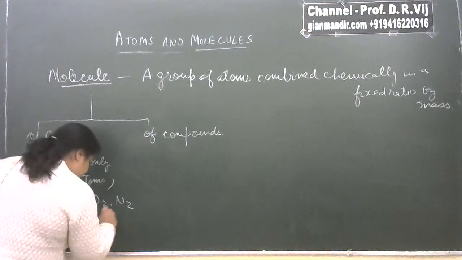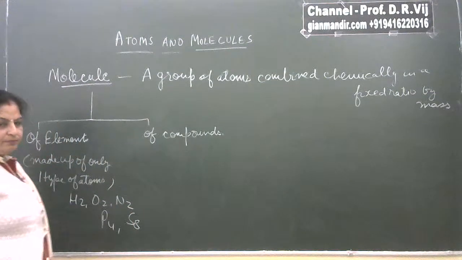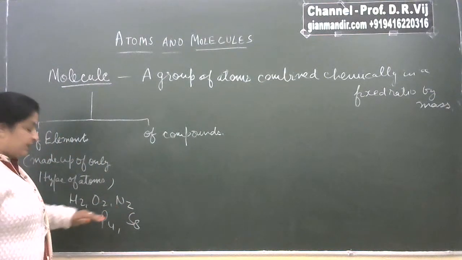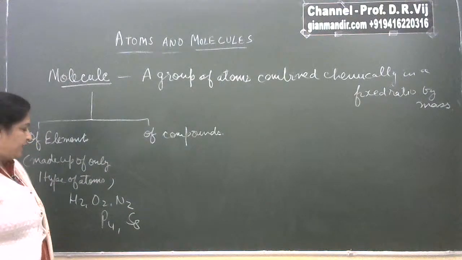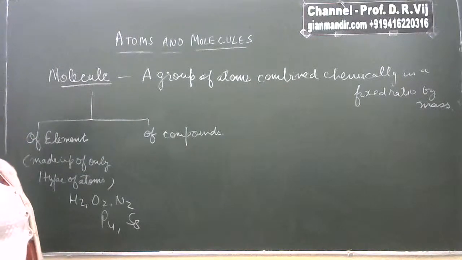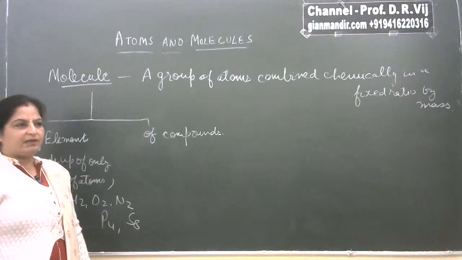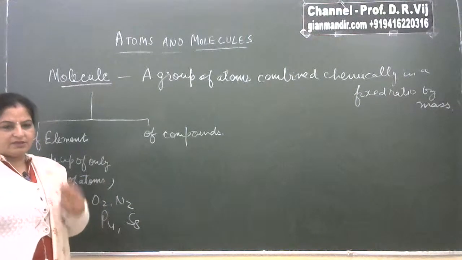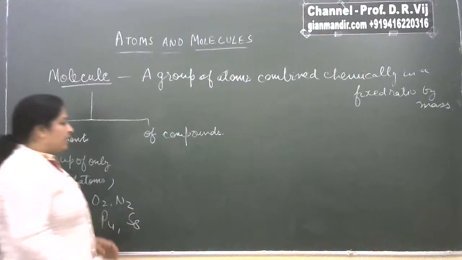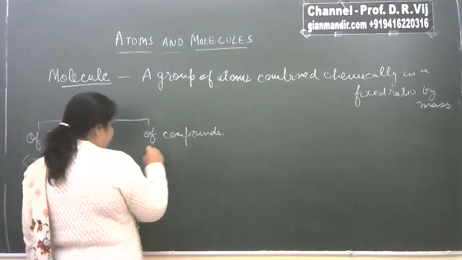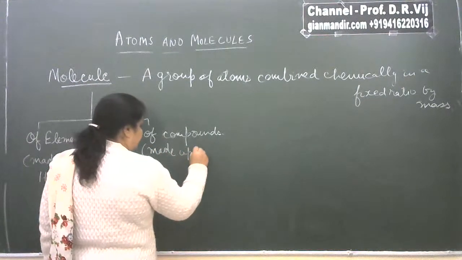And you can take the case of phosphorus, sulfur, and so on. All these molecules, whatever their nature, are made up of one type of atoms only, and that's why these are known as molecules of elements. There is another very important property of molecules of elements: these molecules exhibit the same properties as the elements. And if we talk about the molecules of compounds, these are the molecules which are made up